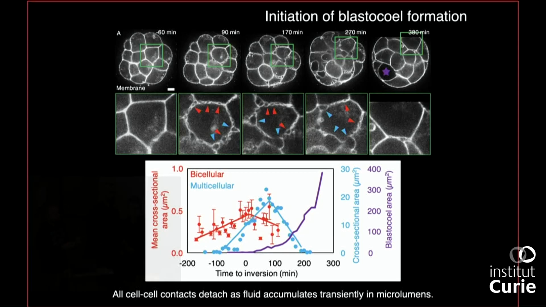And so you have to imagine that this multicellular lumen network is running throughout the embryo, okay, between many more cells than three. The bicellular microlumens and the multicellular microlumens behave very similarly in the sense that they first grow and then they start to shrink. The small ones, the bicellular ones, grow and shrink first, and then the multicellular microlumens, which are bigger, do the same thing.